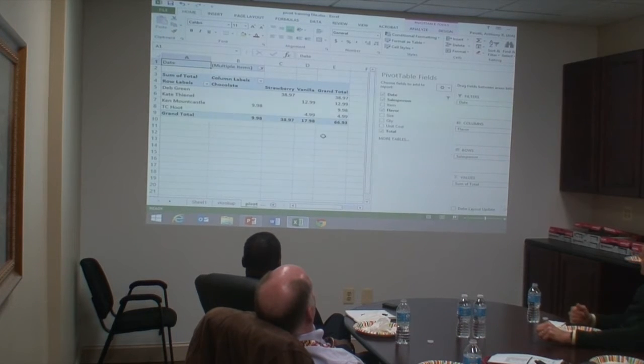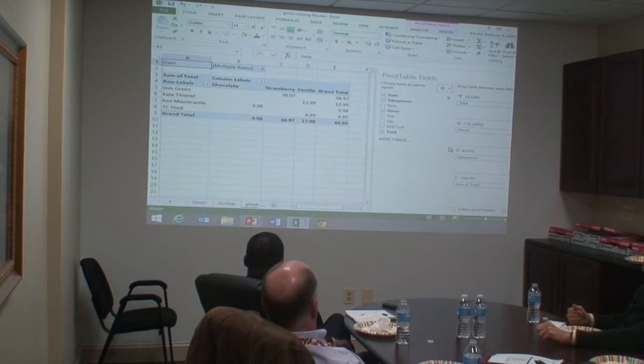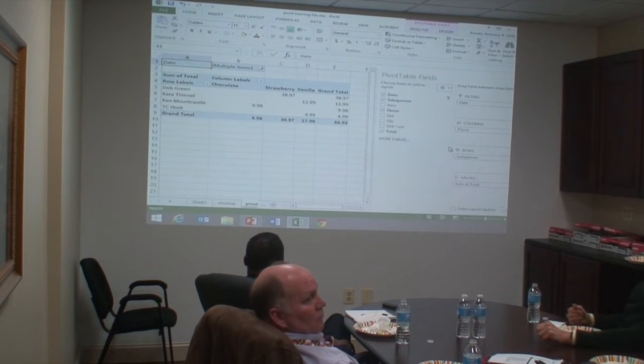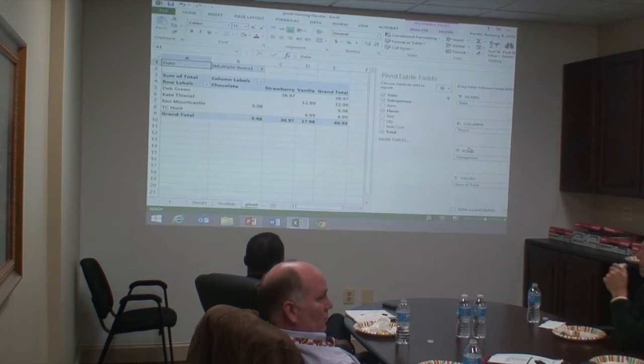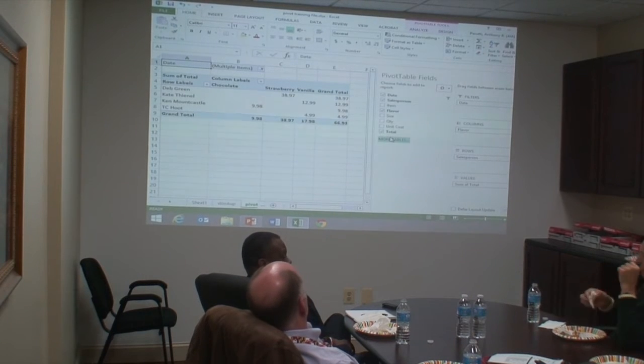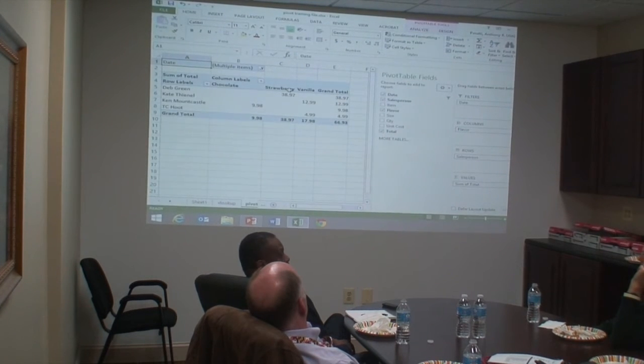Then the rest of it is kind of self-explanatory, but it takes a little getting used to. I encourage you to make something up or take something you have and play around with it. I mean, I understand you use them a lot, Chuck. No? No. You also have the ability, when you're looking at data, like this is the value, but if you right-click on the data, you can pick quantity, like sum or total. So it gives you the ability to look at the count of them versus the value of it. Right. In this instance, I'm looking at the sum of the total, but suppose I just want to look at,